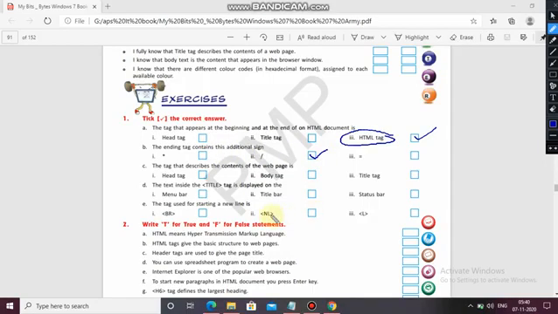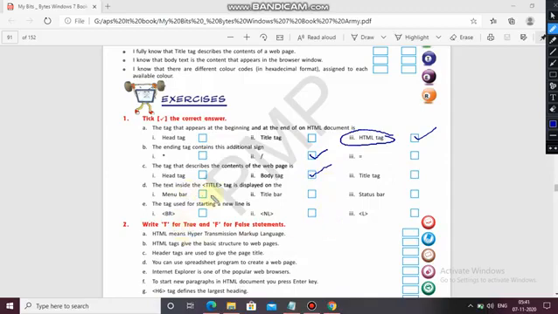Okay, the tag that describes the contents of a web page is: body tag, head tag, title tag. So the title tag describes the contents of the web page.